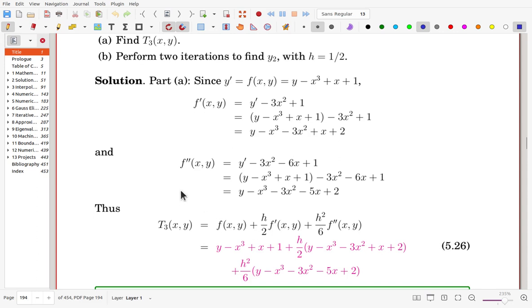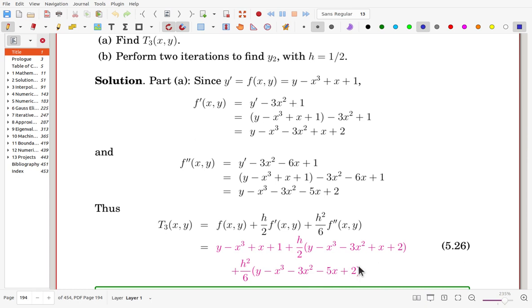For y double prime, we differentiate these terms, and we can get that, and y prime is again this one, and then replace y prime with that and simplify, so that T3